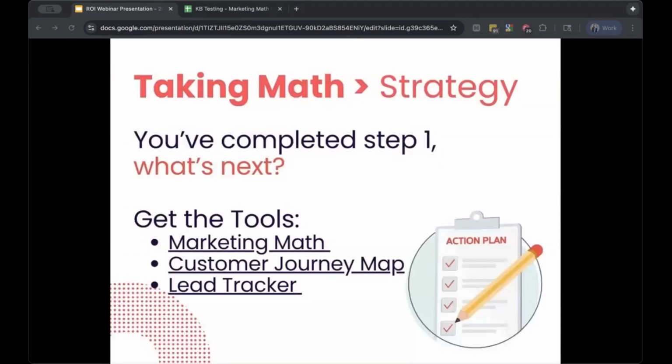So we've calculated the lead value. That's your step one. But what usually happens next is you go back to your desk, you share this with other key stakeholders or maybe leadership, and they say, "Well, now what do we do?" So it's really just the start. Now's the time to start building your strategy around it. You're setting smart goals.